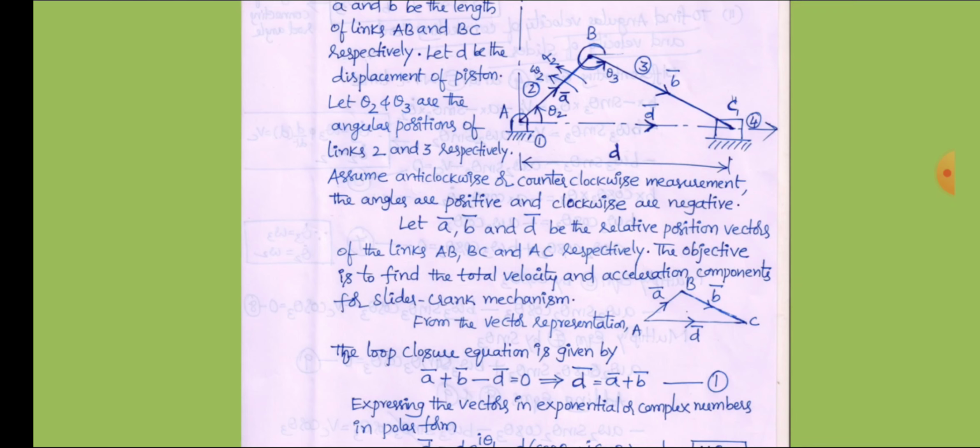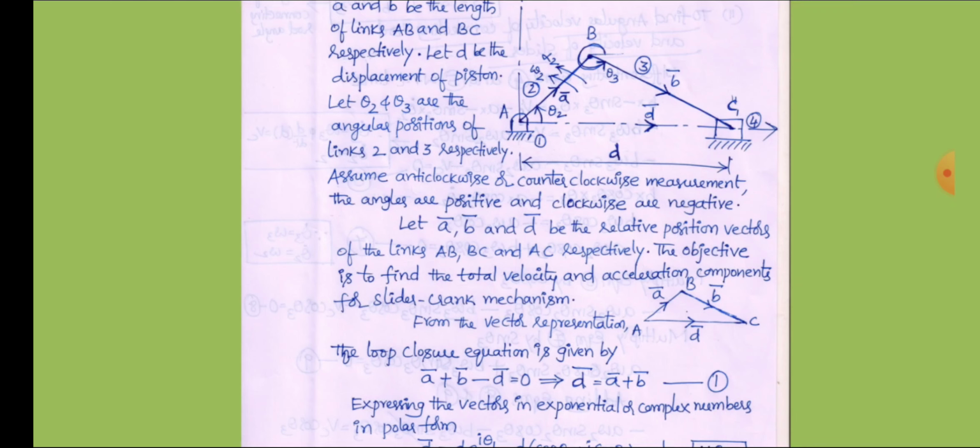And in the same direction, if I differentiate omega 2 with respect to time, I am going to get the angular acceleration of the crank, that is equal to 0, as I said already in the previous slide. Now let us represent separately the vector representation. You can see one more figure here, A, C, B. AB is the crank whose position vector is A bar, that is from A to B. BC is the connecting rod whose position vector is B bar, and AC is one more, which gives the displacement of the piston or the slider.